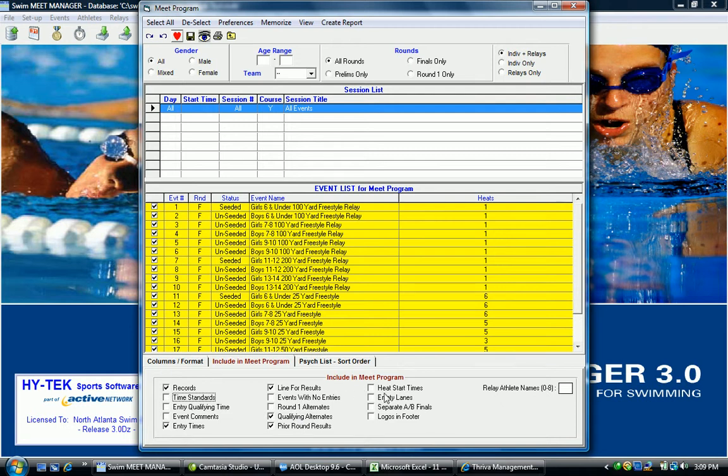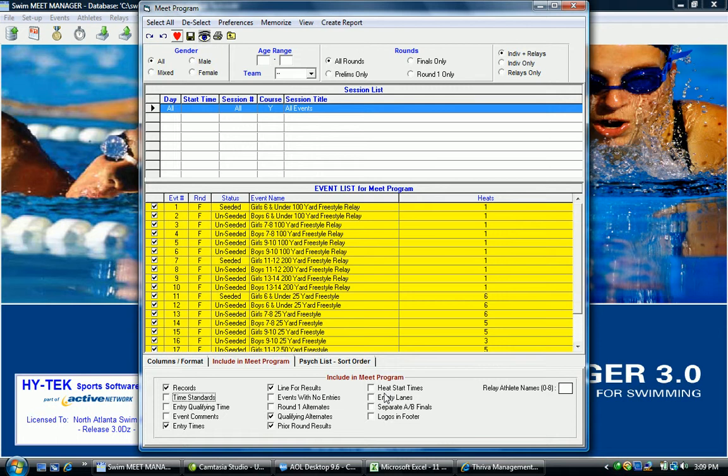Make sure you do not check the box for heat start times. That's a box that will actually simulate when every heat is supposed to swim based on the swimmer's times and a predetermined time in between swims. That's not always going to be an accurate estimate, and what's going to happen is people will sit there and gripe if you're running too slow, or they'll complain if you've run too fast, because they'll have sworn that the heat sheet said that their swimmer was going to swim at 6:30 and they got there at 6:30 and